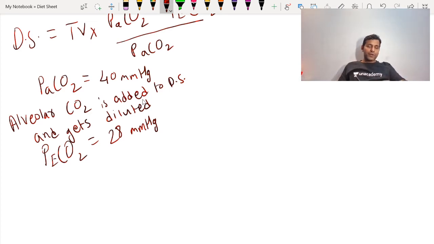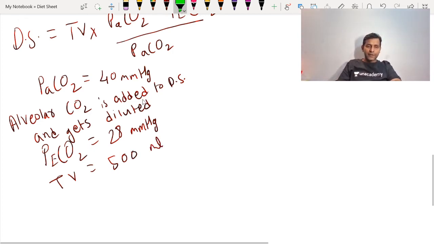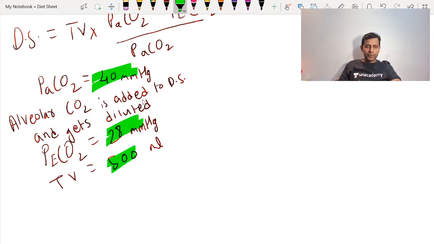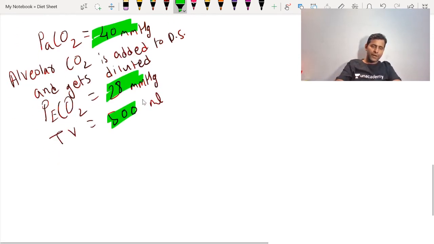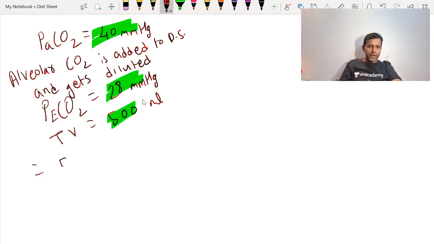And tidal volume, right now we are going to take as 500 ml, which is a normal tidal volume. So we have three values in our hand: one PaCO2, the other one PeCO2, and the third one is tidal volume. Let us put these three numbers into a formula. The formula of dead space is, yes, we know the formula now. So tidal volume, which is 500, into PaCO2, which is 40, minus PeCO2, which is 28, divided by PaCO2, which